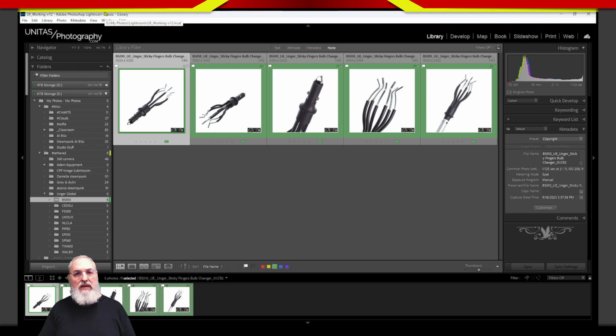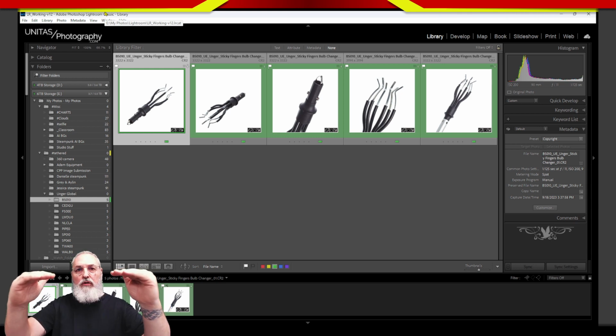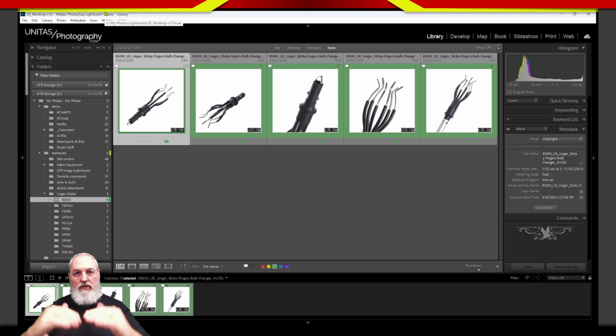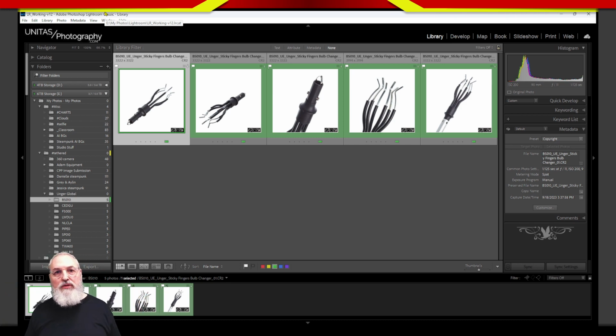Maybe one folder only has one image. Maybe one folder has 6 images. However you parse them out. Once they're out of the working folder and into their project folder, because they're still right there in that working folder, you can see now, all of these need my attention. And they're going to be visible